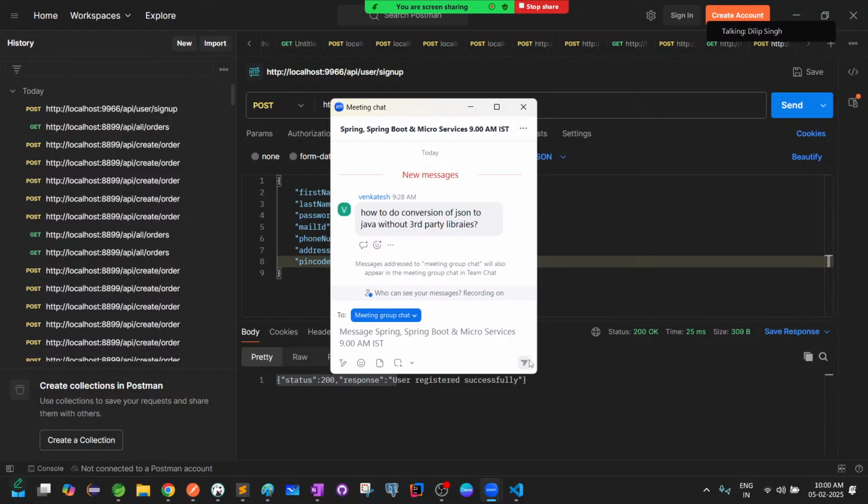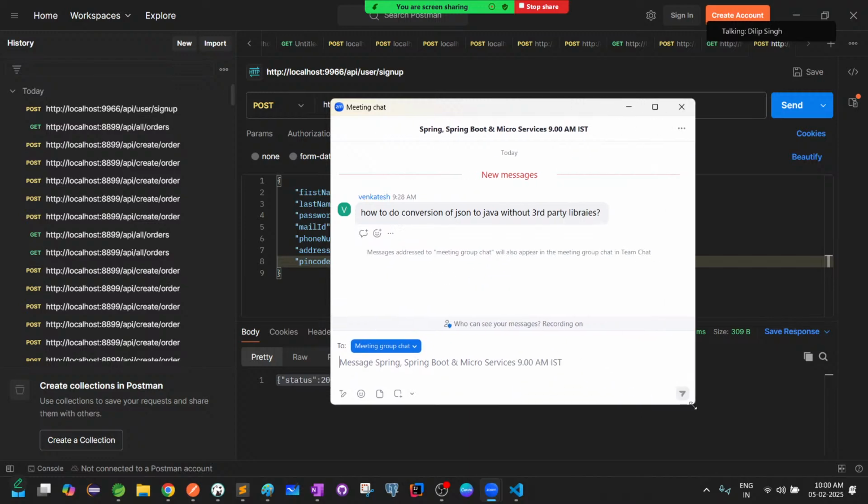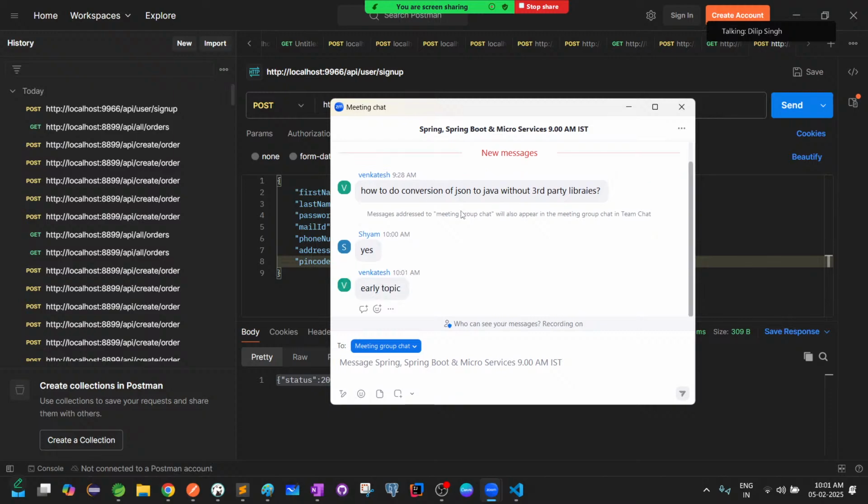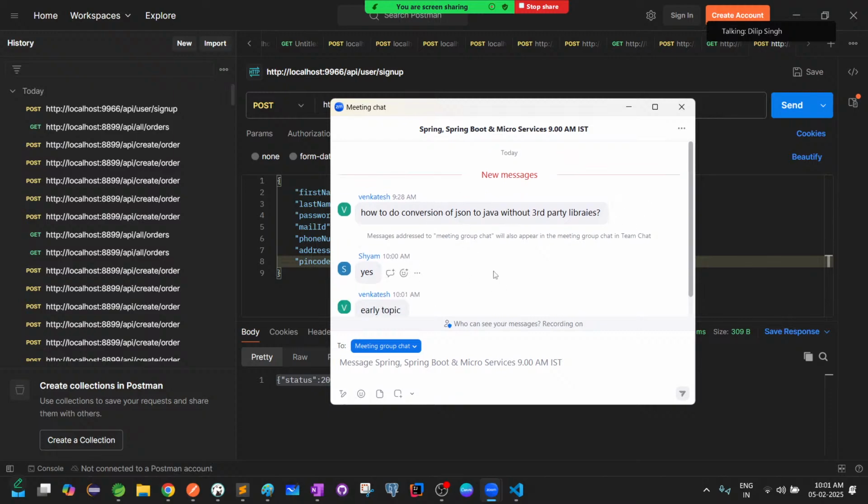How to do conversion of JSON to Java without third-party libraries. Then you have to write a lot of logic, Venkatesh. It's possible. Only thing is,